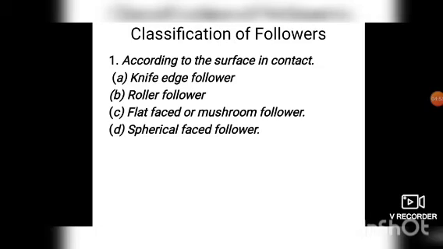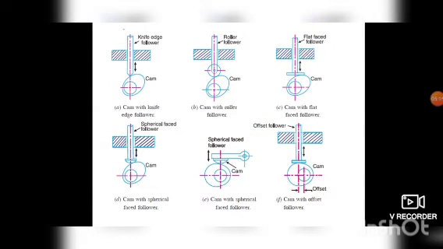The only side thrust is due to the friction between the contacting surface of the follower and the cam. The relative motion between these surfaces is largely of sliding nature, but wear may be reduced by offsetting the axis of the follower. So we can reduce the wear by offsetting the follower, as we can see in figure F, cam with offset follower.